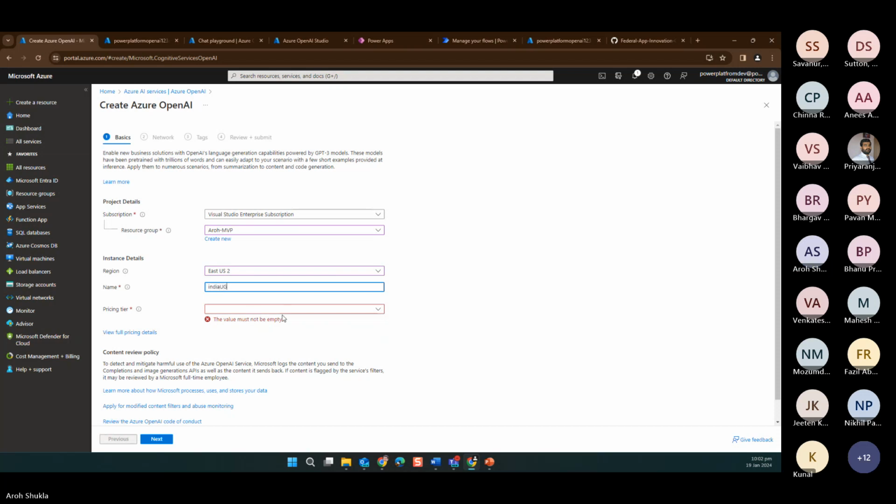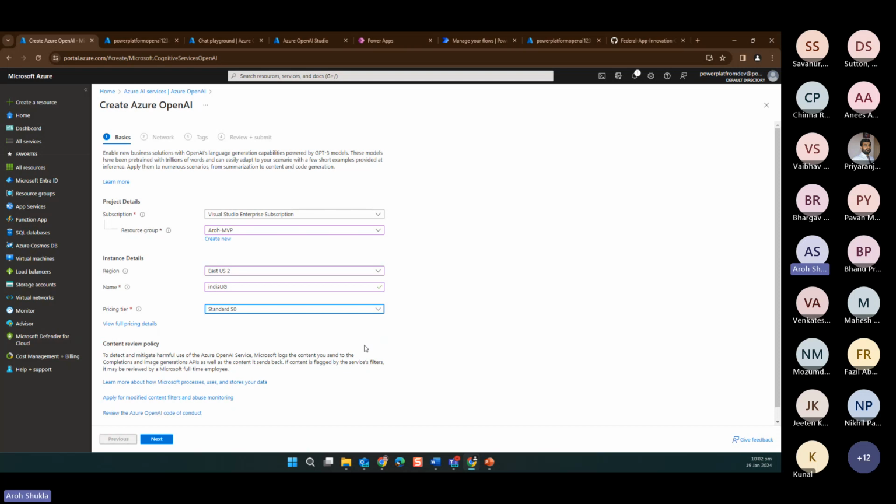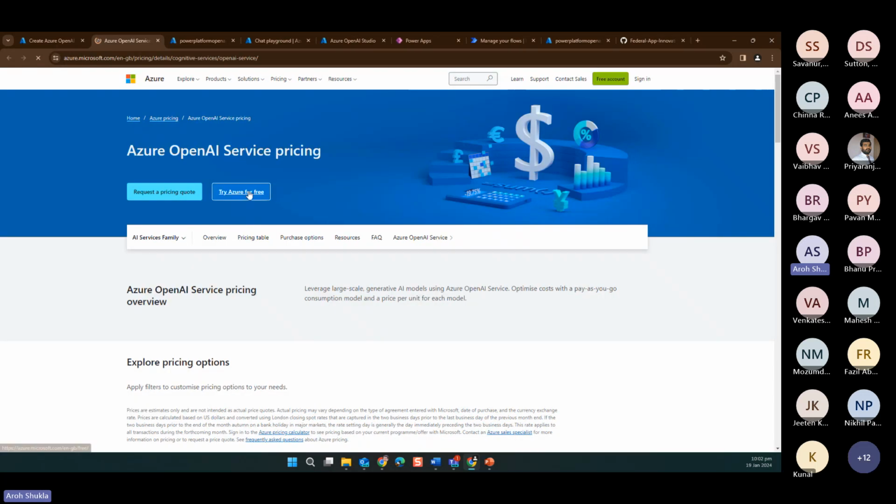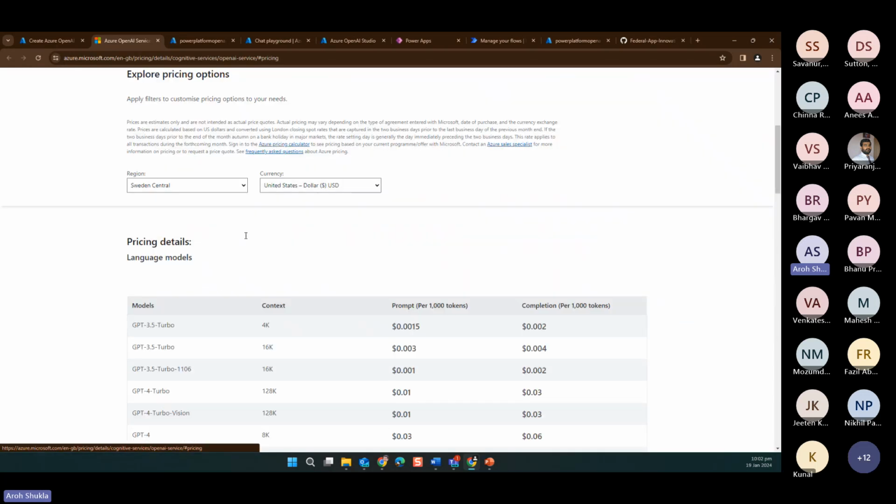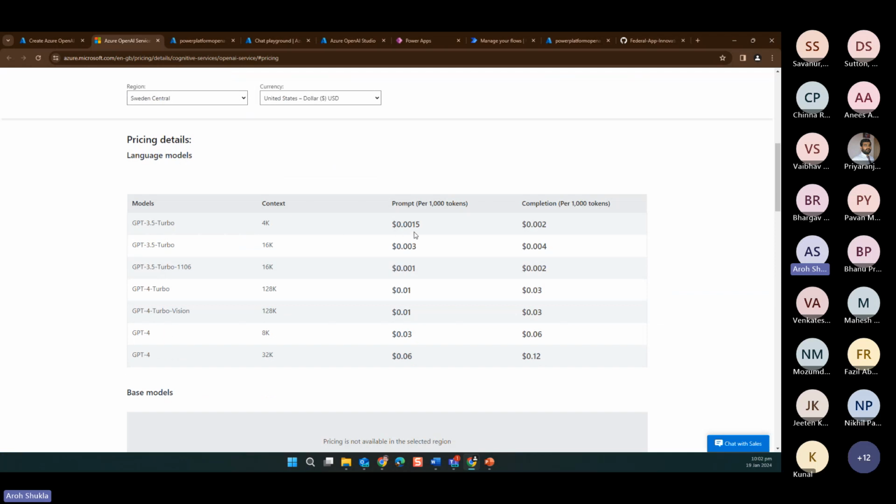India UG, and the pricing tier. Okay, you can see the pricing is pretty expensive. No, it depends on how you see it. Everything for Turbo is per unit. You think that's expensive, it's cheap, but if you work on it daily or monthly, it will be very